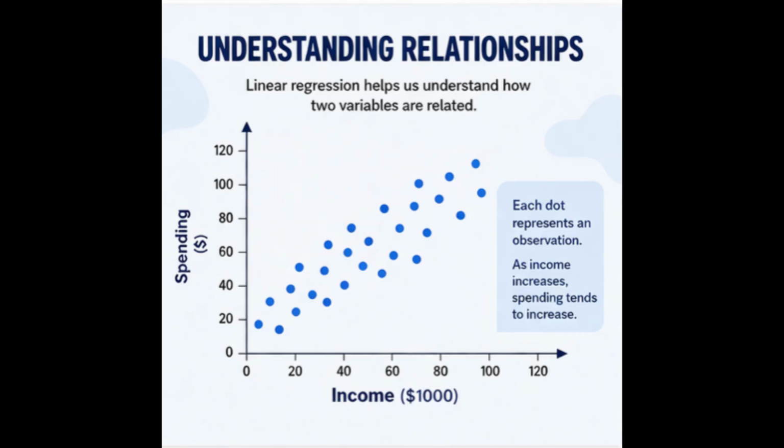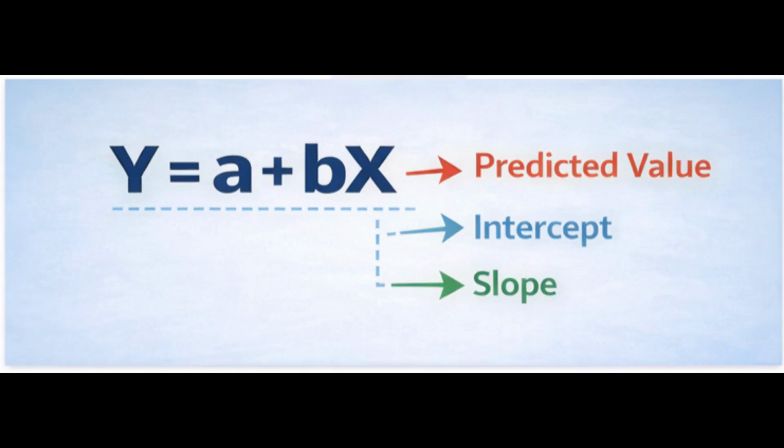For example, how does advertising spend affect sales? At the heart of linear regression, you see this equation where y is what we want to predict, x is the input variable, a is the intercept, and b is the slope, showing us how much y changes